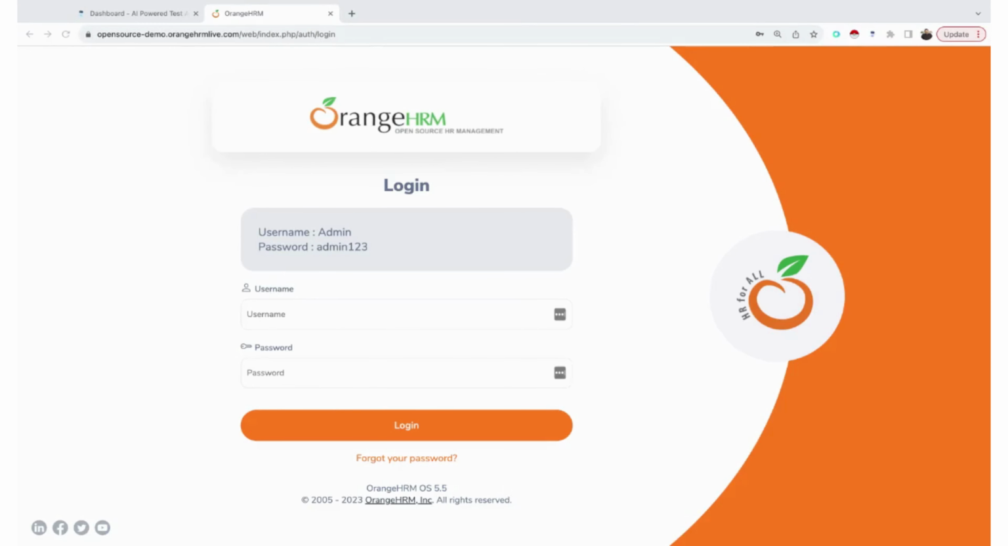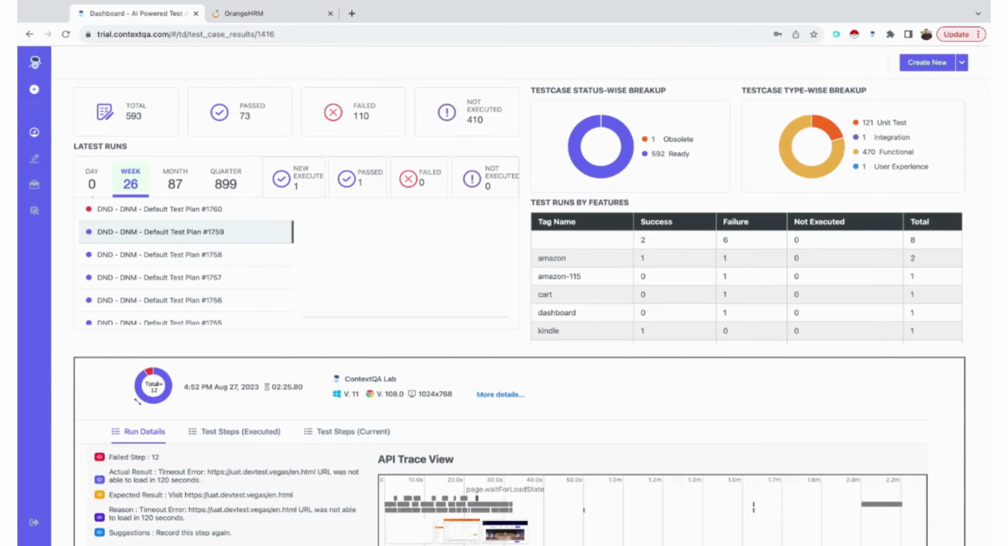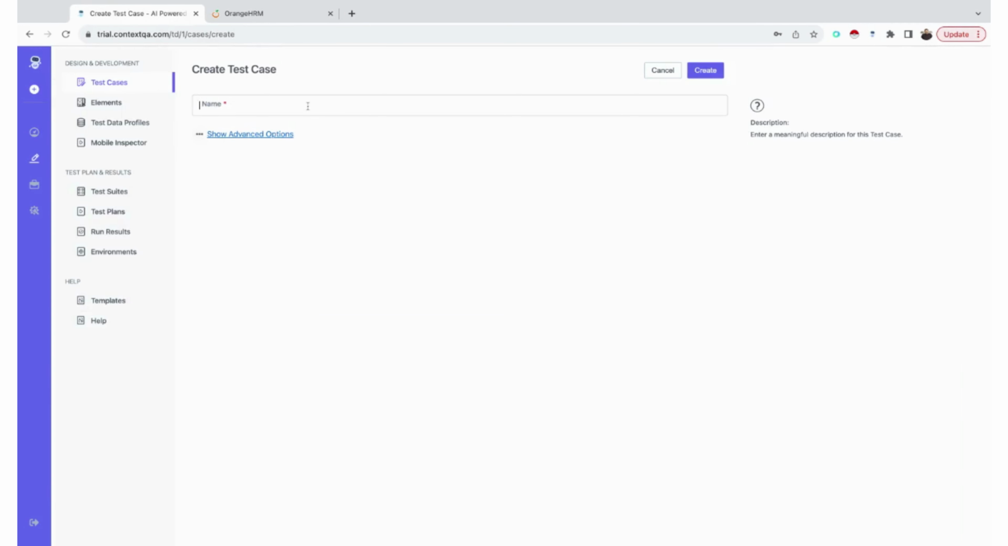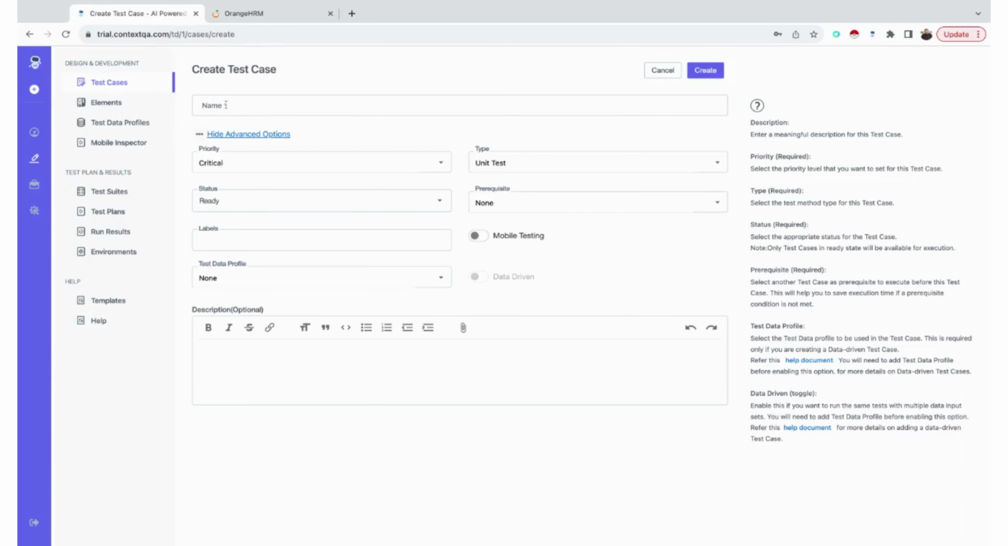Hello everyone. Today we are going to look at how ContextQA can help you achieve in-sprint automation. You might be starting a new project, or you are not ready for automation. Still, I would prefer you to use ContextQA. So let's see, if you are starting a new use case or new project, you need to create one test case anyway in Jira. So if you create it in ContextQA, you will be able to achieve in-sprint automation, and I will show you